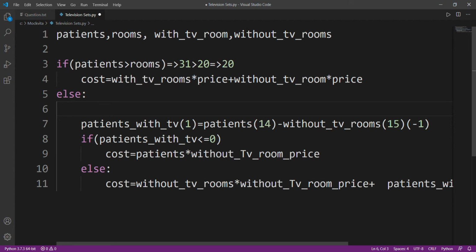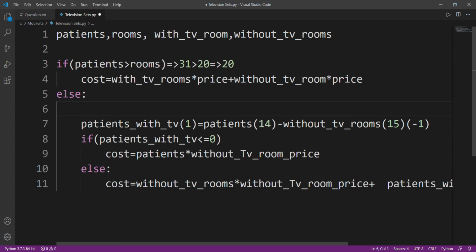I'll simply subtract the number of patients that came to my hospital that day minus the number of TV rooms I have. If the value is negative, it will mean that I have enough without TV rooms for the patients, and I'll simply provide all of them with without TV rooms. But if the value is positive, it will mean that my without TV rooms are filled and a few patients need to be provided with TV room.